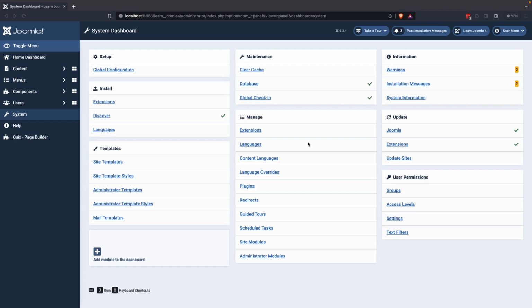Hey guys, today we will see how to create a login page in Joomla 4. If you want to add a login page to your Joomla 4 website, you can do so by following these